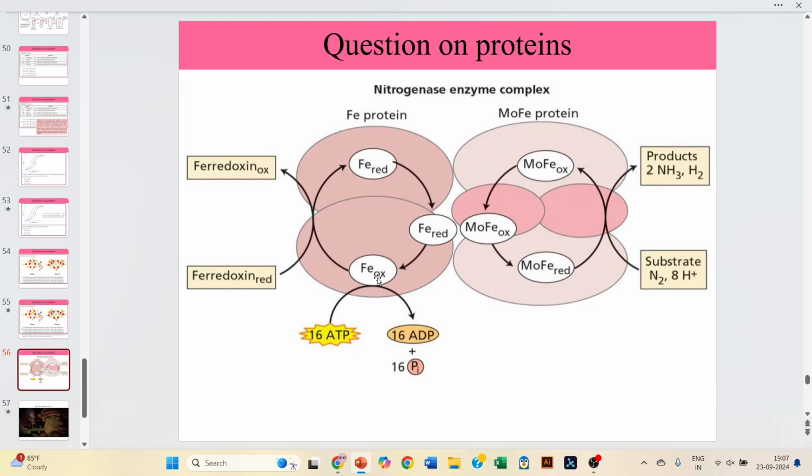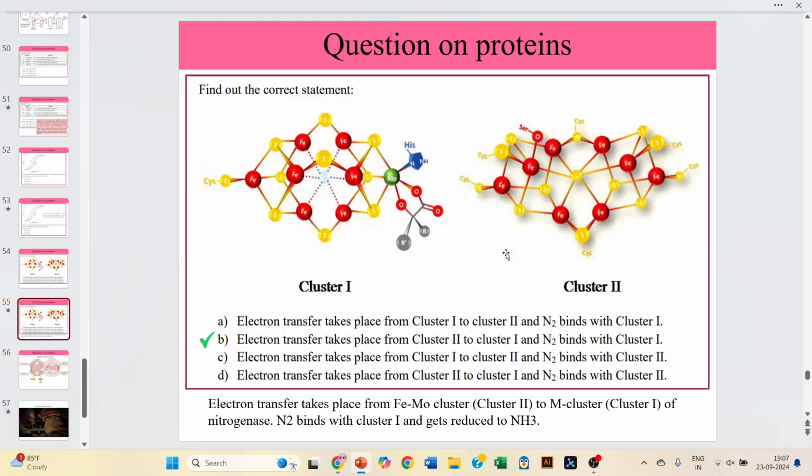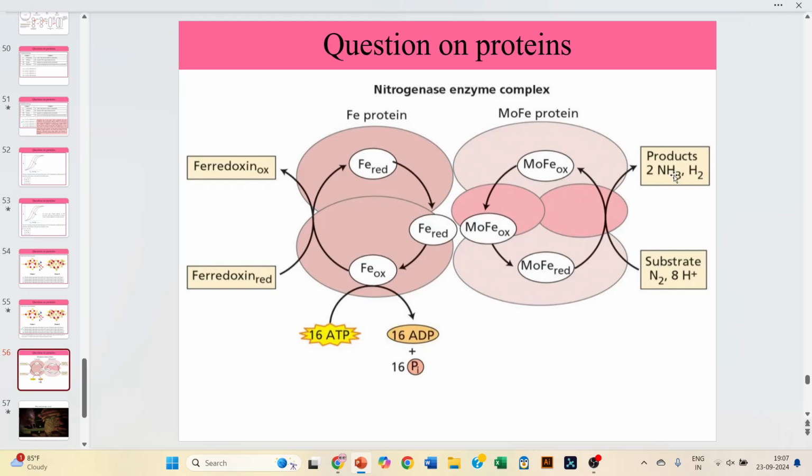Similarly, here also redox reactions are happening, and then we see that the products are getting released. So from this cluster to this cluster, electron transport is definitely happening. So from this Fe cluster, which is cluster 2, to this cluster, electron transport is happening, and then you're getting ammonia as the product. Okay,